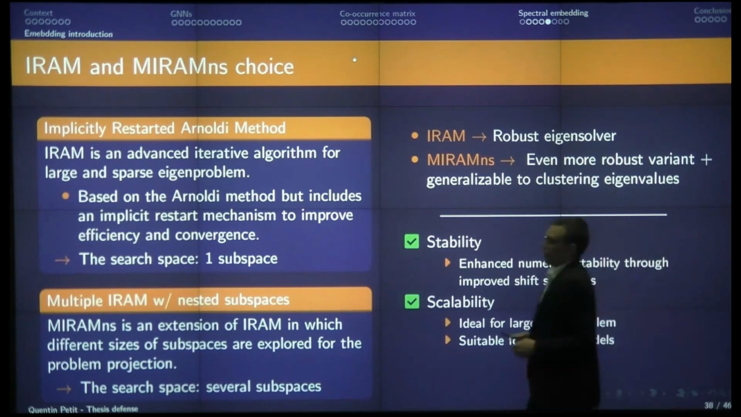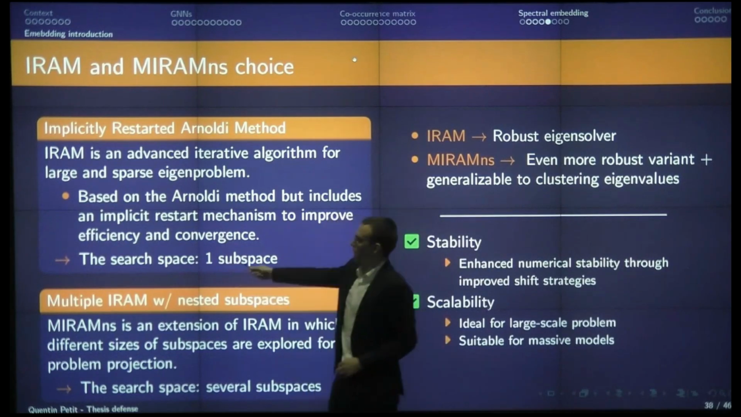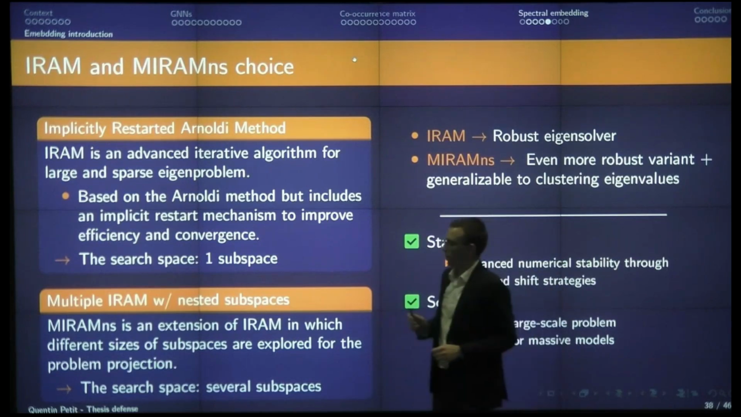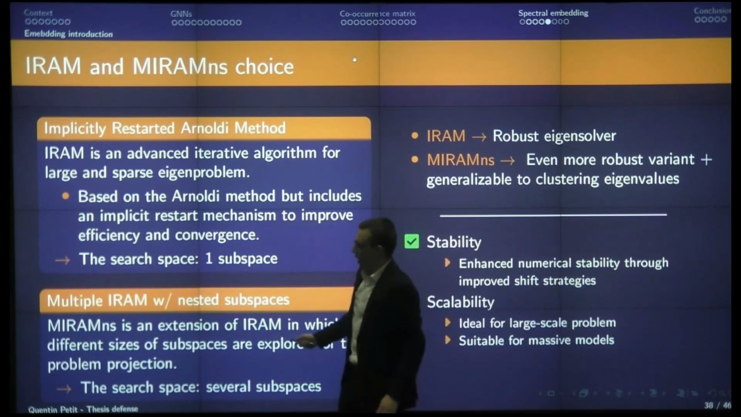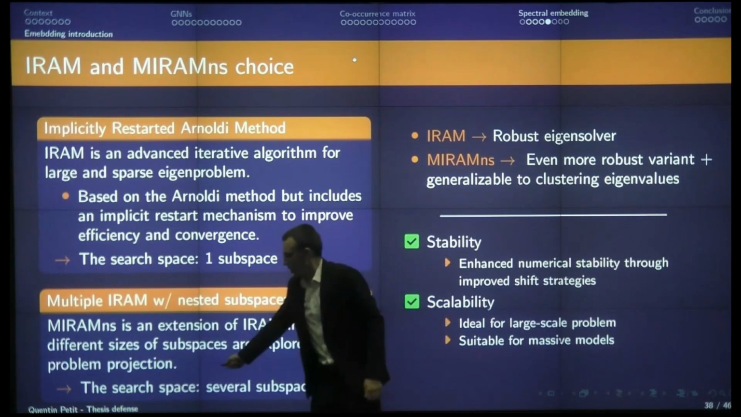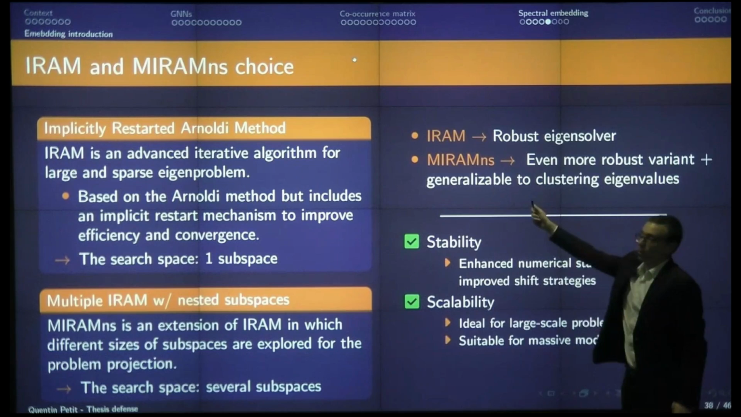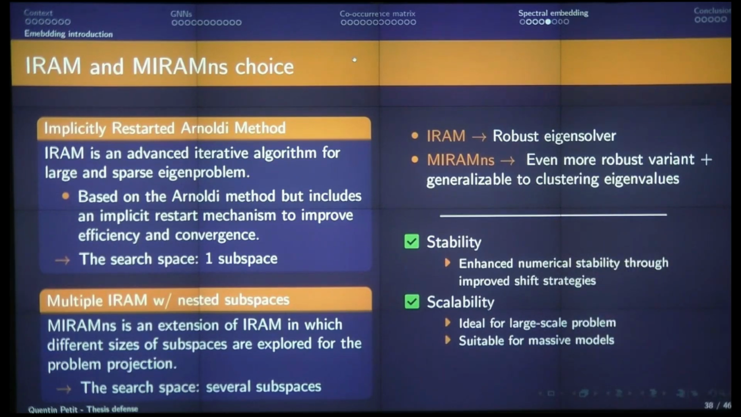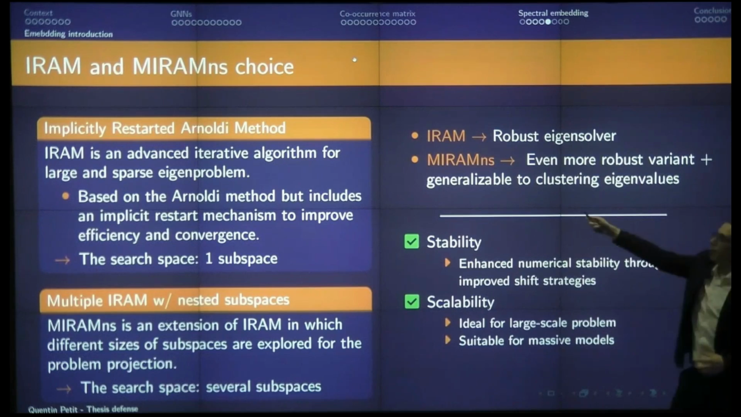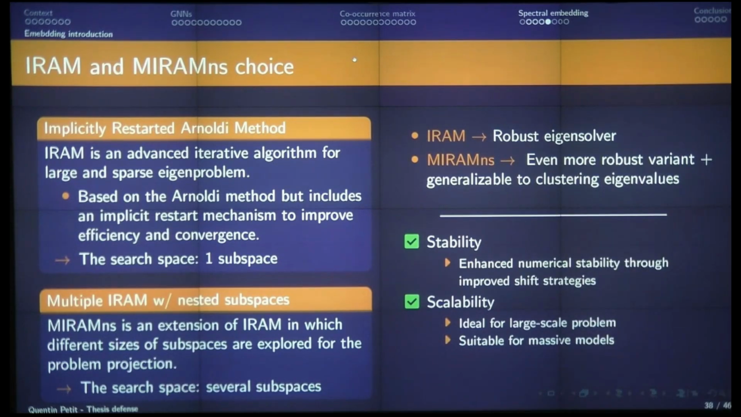But the original method only searches for the solution of our problem in one preloaded subspace. This is why we propose to use Miramenes, which is an extension. In this method, we search the solution in several subspaces that are nested. The idea here is that we are able to deal with matrices where the eigenvalues are clustered or very close together. We have some clusters of eigenvalues where IRAM doesn't converge to a correct, efficient solution. So Miramenes ensures good stability because we can use it on different types of matrices, and it's more general than IRAM. It also ensures scalability